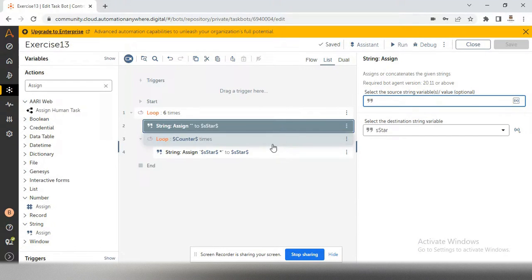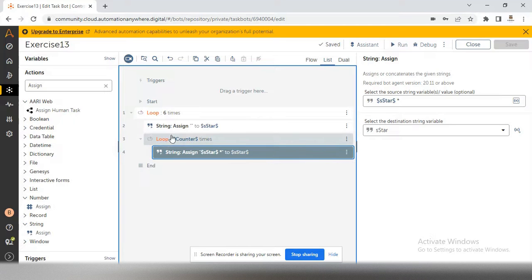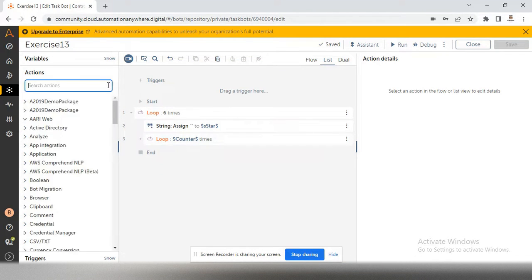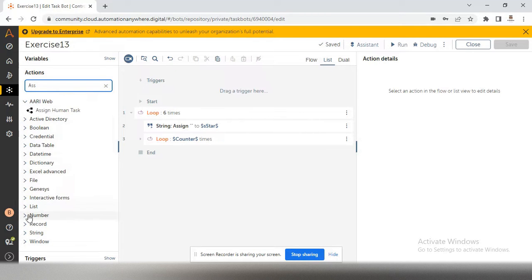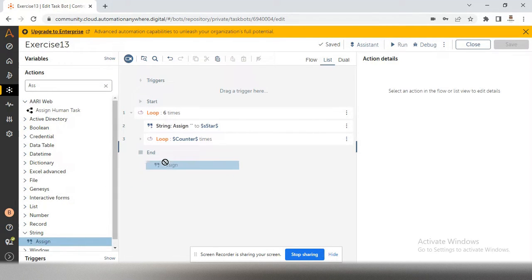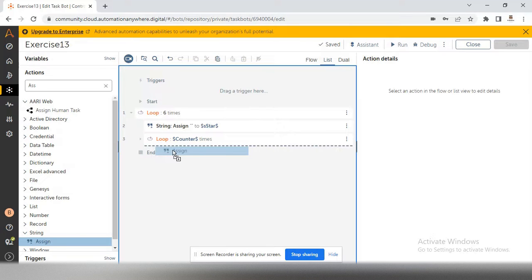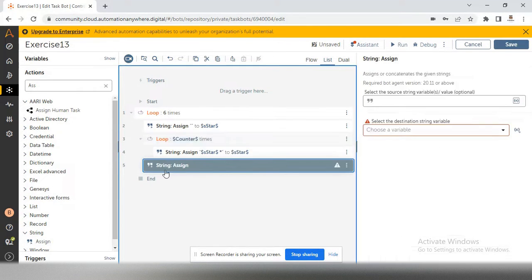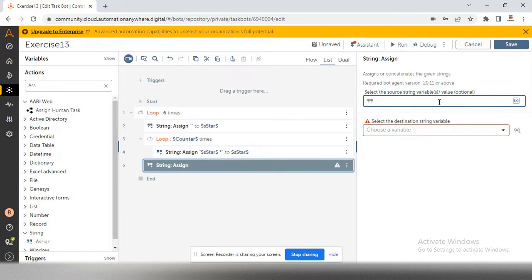How can we add a new line? Very simple, just close this loop and take a string assign, and outside the row loop you have to place the assign